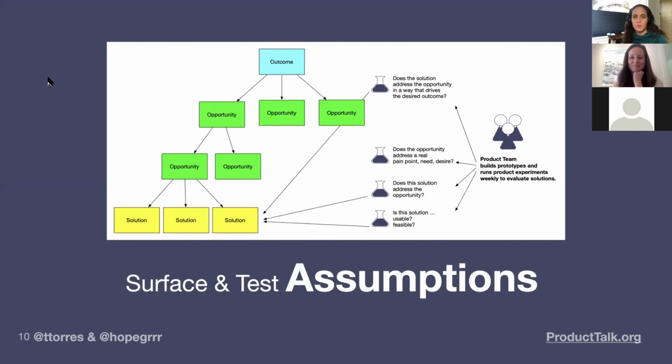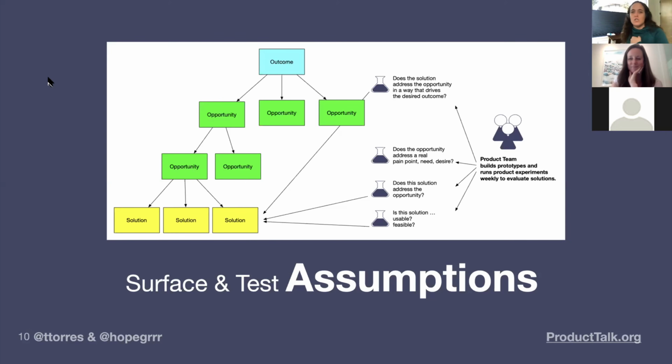I don't think you should put assumptions on the opportunity solution tree, but there's not a right answer here. In fact, I published a blog post on Product Talk from a product team that shared having a ton of value from putting assumptions directly on the tree. So if that works for you, by all means do it. I really am reluctant to turn one document into everything, right? So your solutions are going to have lots of assumptions, and I think it's a little too much information for the tree, but experiment, do what works for you.